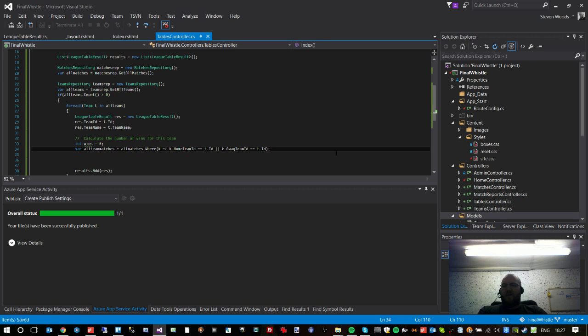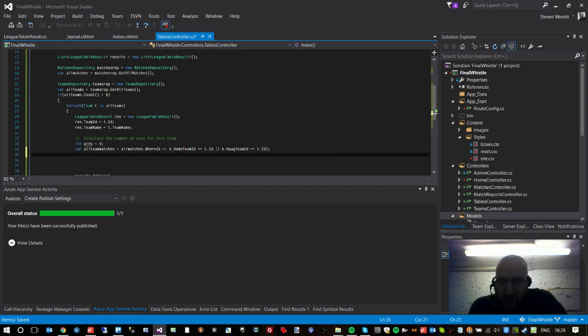And to calculate the number of wins, we need to get all of the matches where we were the home team into a list, and we also need to get the list of away games that we played where we were the away team. I'm just trying to figure this through, because the whole outcome of this is just to calculate whether, if we were the home team, was the home team score higher than the away team score, and if we were the away team, was the away team score higher than the home team. So